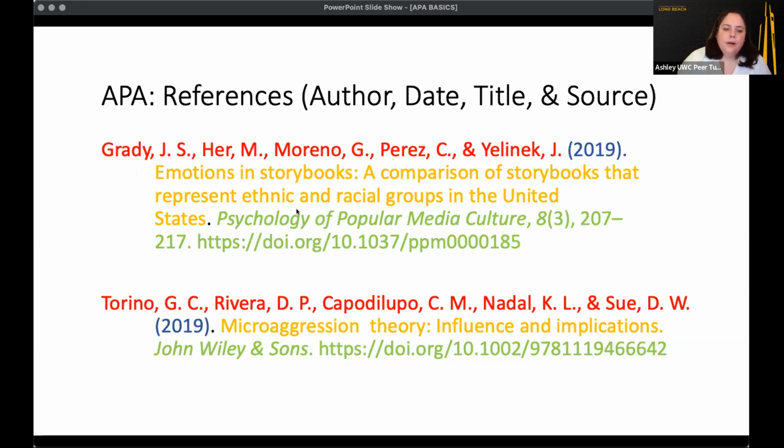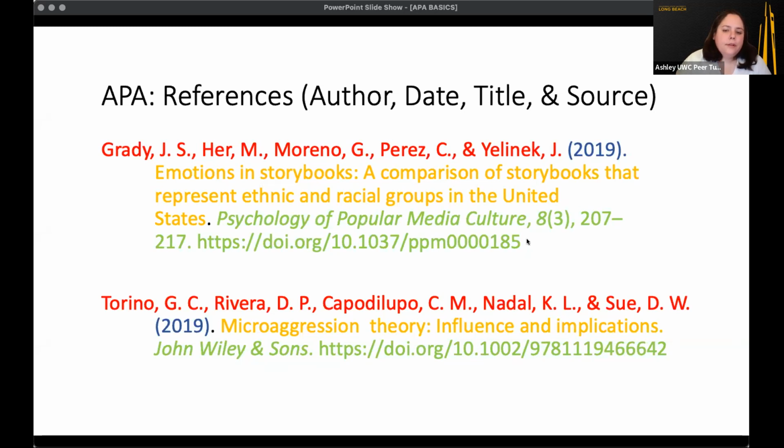So make sure you capitalize all proper nouns as well. In italics, this is the name of the journal. This is the volume of the journal, which is also italicized. And this is the issue, 3, in parentheses. Here are the page numbers, followed by a period. And this is the DOI,